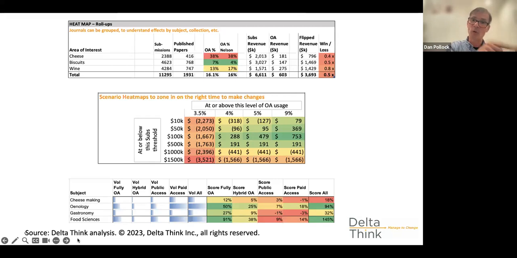But as you have more and more of your articles open access, then all of a sudden that balance shifts. So the idea of that table in the middle is to run a bunch of what if scenarios, big spreadsheet behind the scenes, and then bring it all together into a nice little heat map. And again, you want to leave the red bits alone and go with the green bits. That's the idea of all this. So people can then very clearly get a sense of at what point, above which thresholds, I might need to take a decision or do something differently.